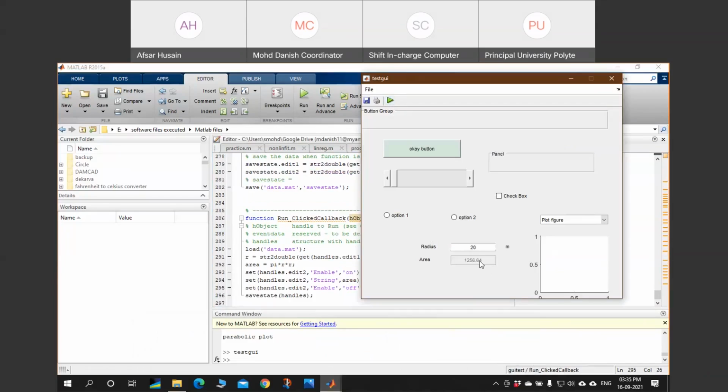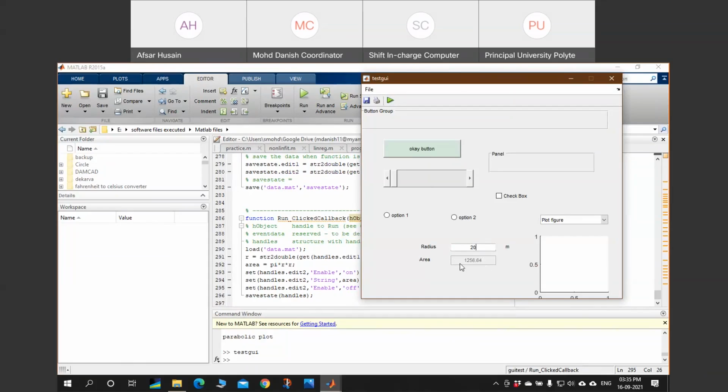Yes. Now you can see when the radius is 20 and you press run, the area is equal to 1256.64 meter square. And earlier, this field was blank.